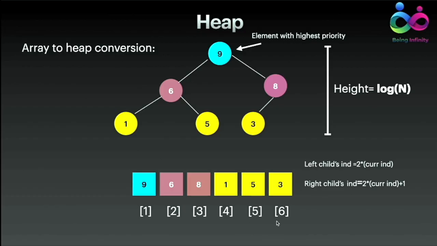A priority queue is an array only, but we will be rearranging it in a heap form so that we can implement it efficiently. A heap is a full binary tree with a special property that the value of the parent node will always be greater than the value of the child nodes.